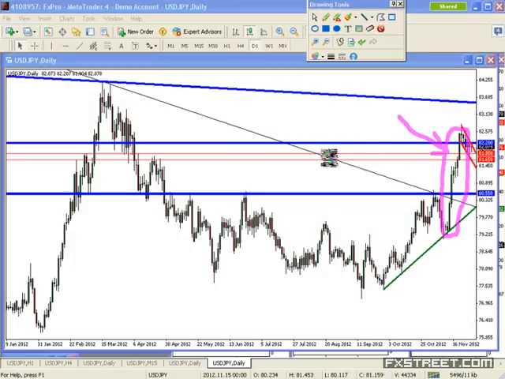This move is interesting when you compare it to the move we saw from mid-February to mid-March here on the left-hand side of this chart. Part of the basis of that move was probably a so-called risk-on mood in global financial markets. Global stock markets were rising during that time, perhaps behind expectations of an improving global economy, plus